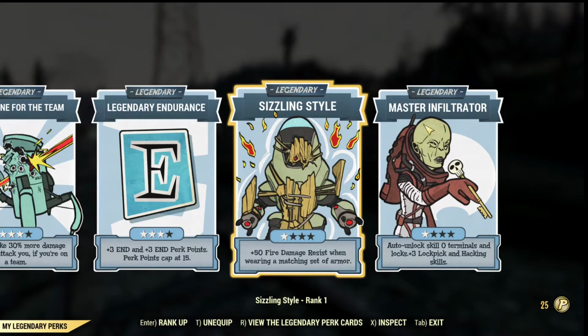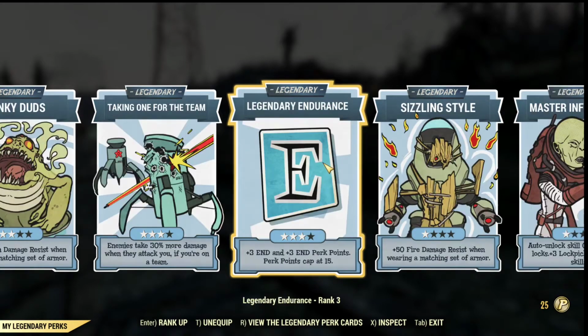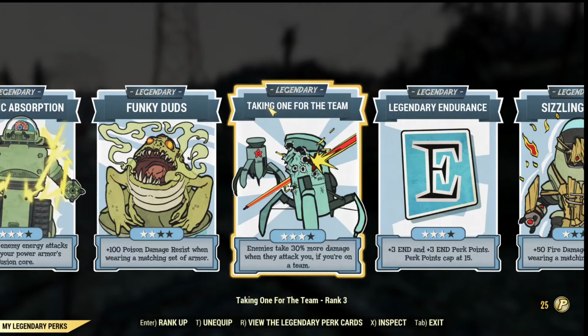So Master Infiltrator, that's a quality of life perk. Seasoning style, fire damage, endurance, increases my health. Take One for the Team, that's the main damage boost card, which causes 30% more damage to enemies who are actually